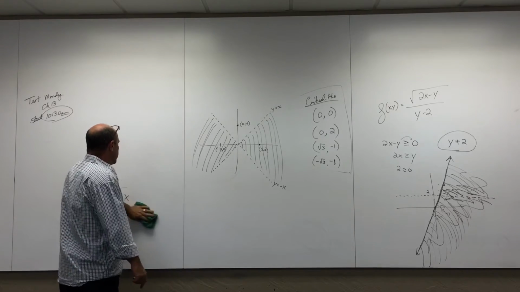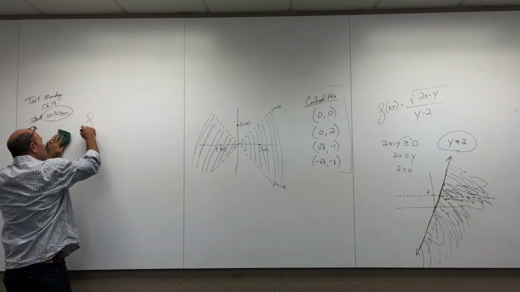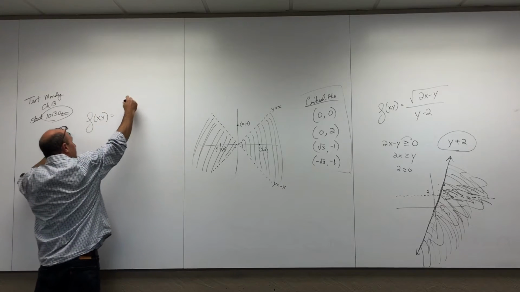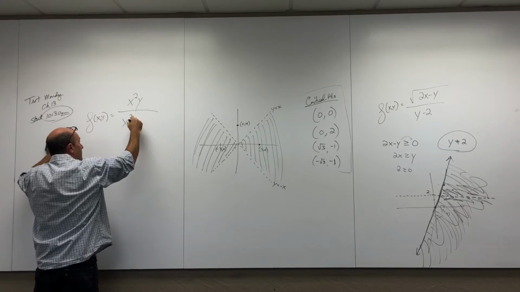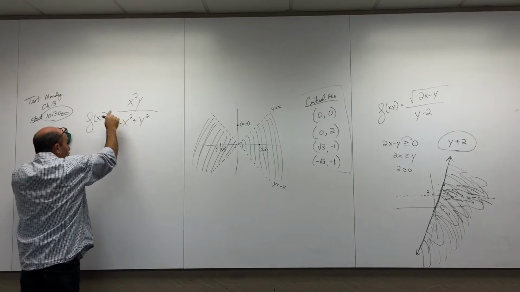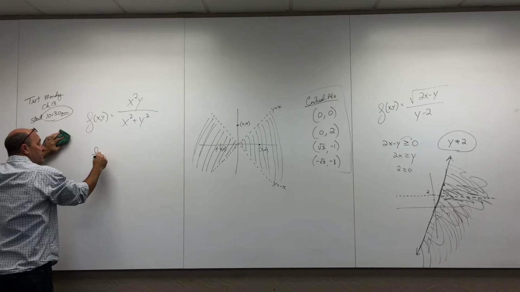You mean on the quiz? Yeah. What was it? It was x squared y over x squared plus y squared. Right. So it's kind of a pain, but the quotient rule is, if I'm doing the partial derivative with respect to